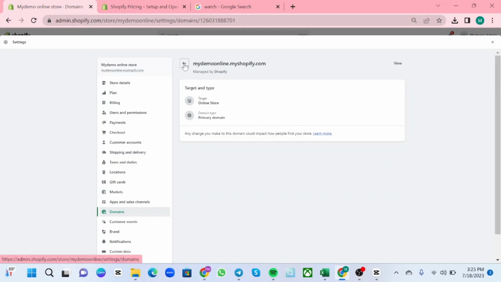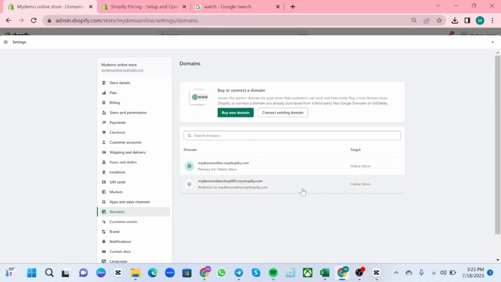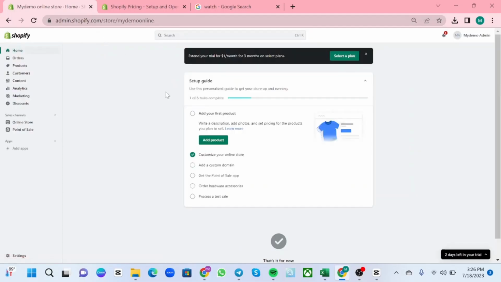Mine is only a free trial here in Shopify, so you cannot change the domain name which ends with .myshopify.com. If you want to change it with your own, you can buy a new domain name from another website, or you can just use this free domain name as you are just starting out. So yeah, that's it. That's how you change your URL in Shopify.